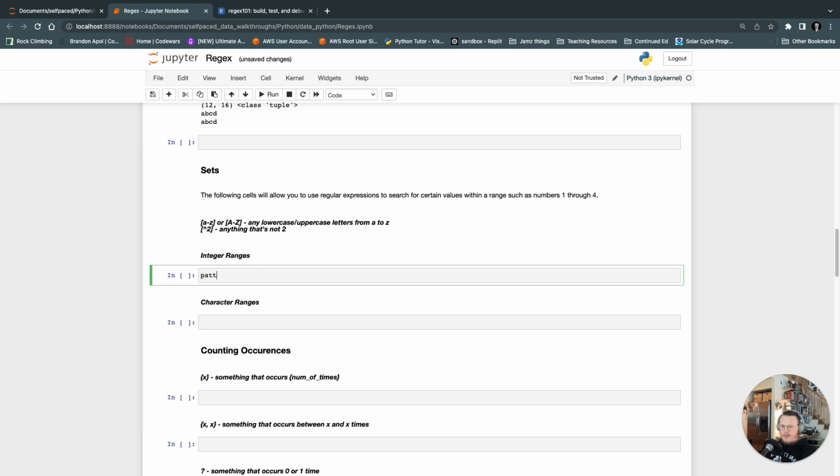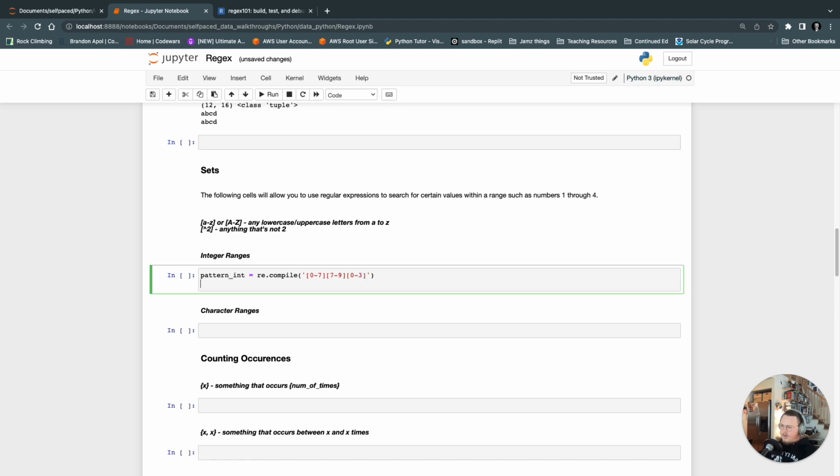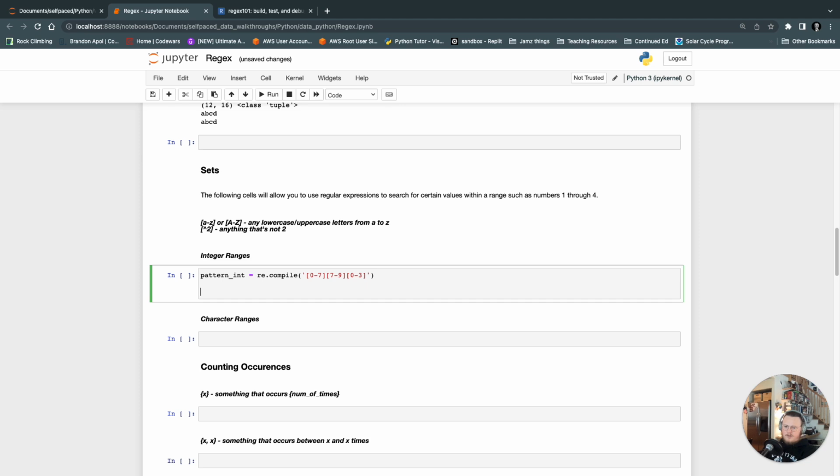So let's do this first. We can do pattern int equals re.compile. We're going to put in a string here, and this is where things get really funky pretty quickly. 0 to 7, 7 to 9, and then 0 to 3. And that's that. What this will do is, our first digit will have a 3-digit number that we're going to be looking for. It has to be between 0 and 7, and then between 7 and 9, and then from 0 to 3. And only if we have a 3-digit number somewhere in there that meets those requirements will this work. So random numbers